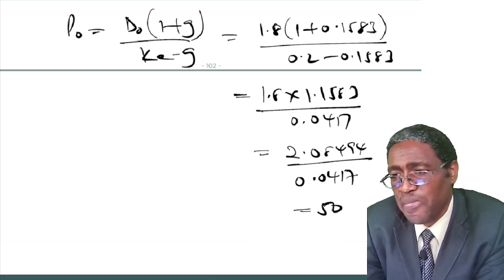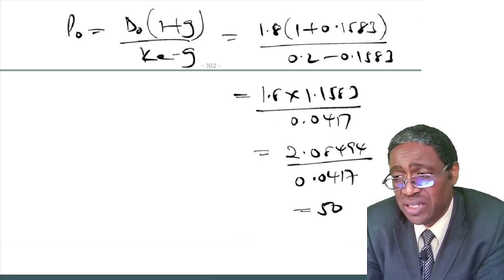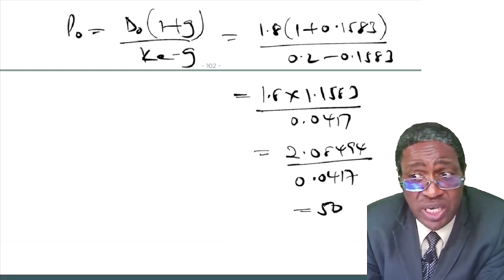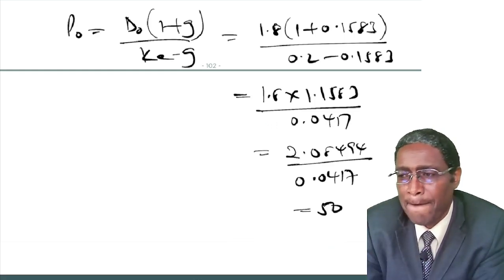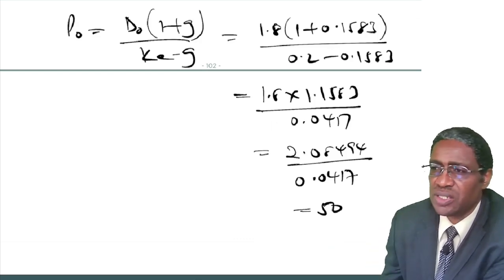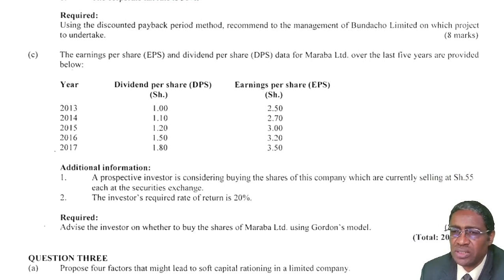Let's go back and check what they are selling it at in the market, so that we advise the investor whether he should buy this share or not. So let's check what the question is giving us. The question said, under note number 1, the prospective buyer is considering buying the shares of this company, which are